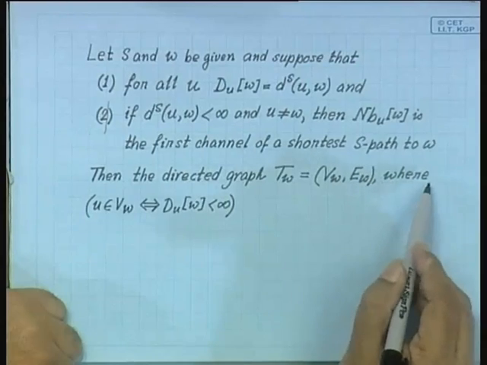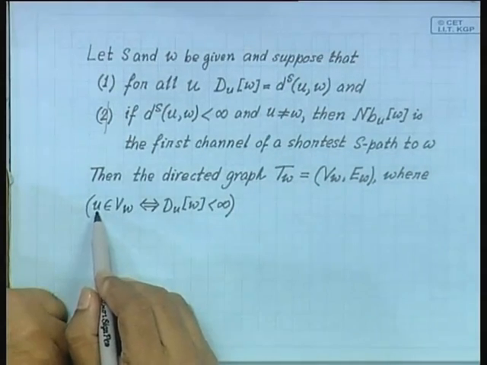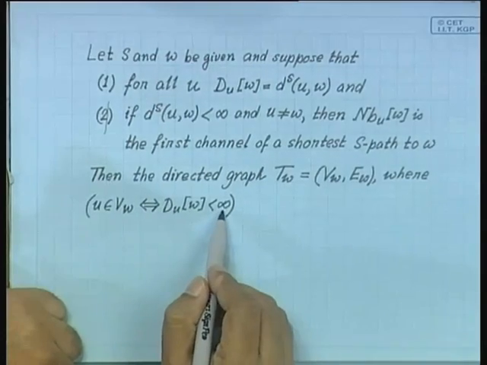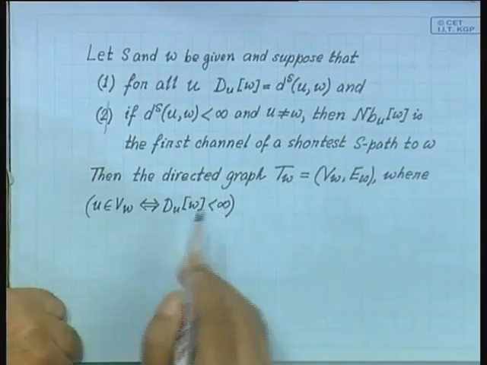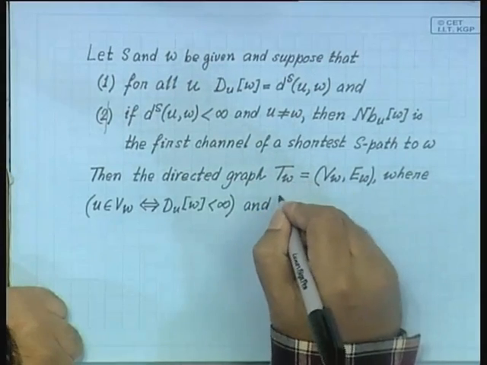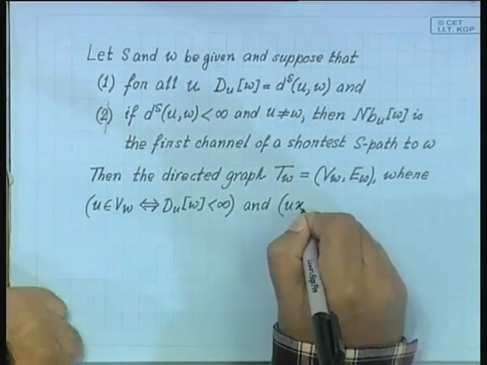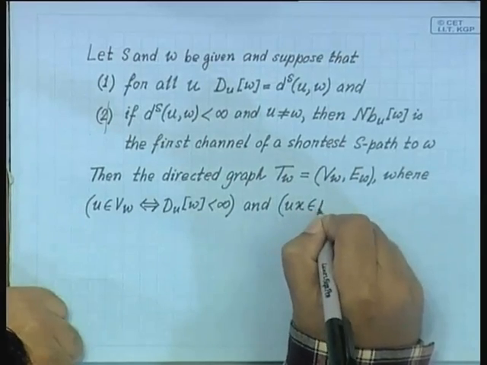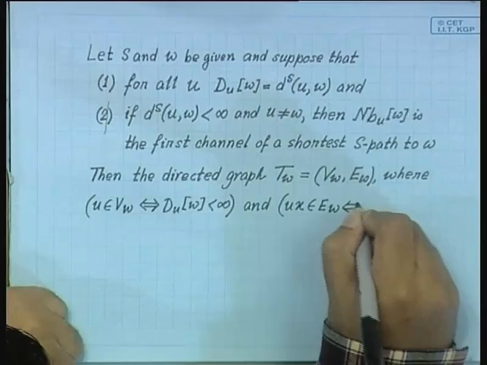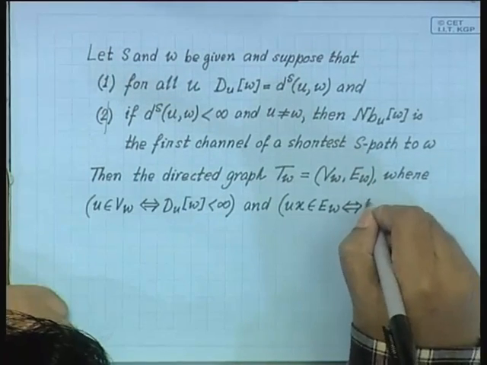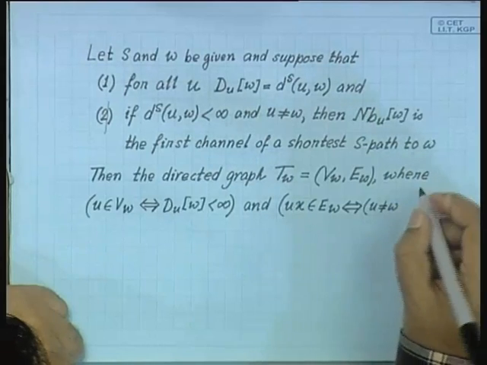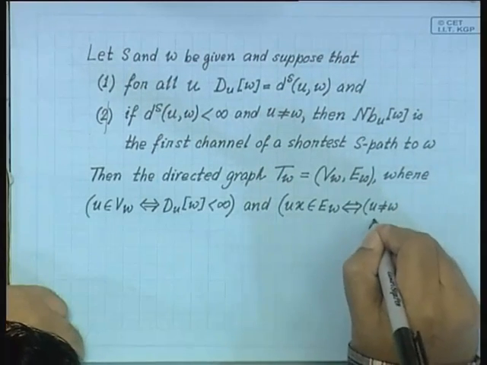And what are the vertices? The vertices of this graph are those vertices for which DUW is less than infinity. Okay. And what are the edges of the graph? And ux belongs to EW if and only if u not equal to w and